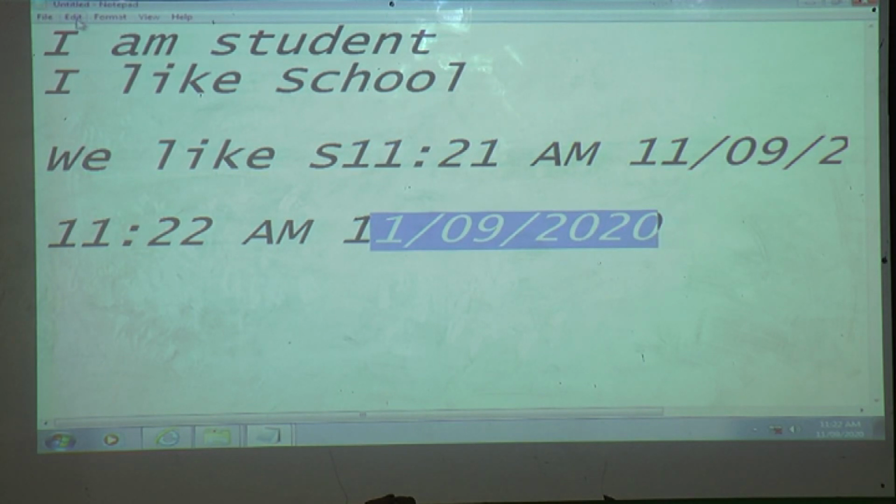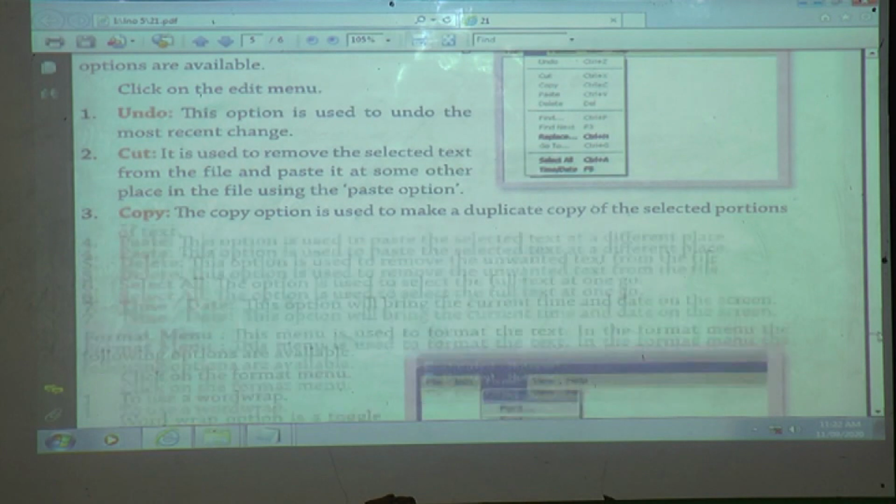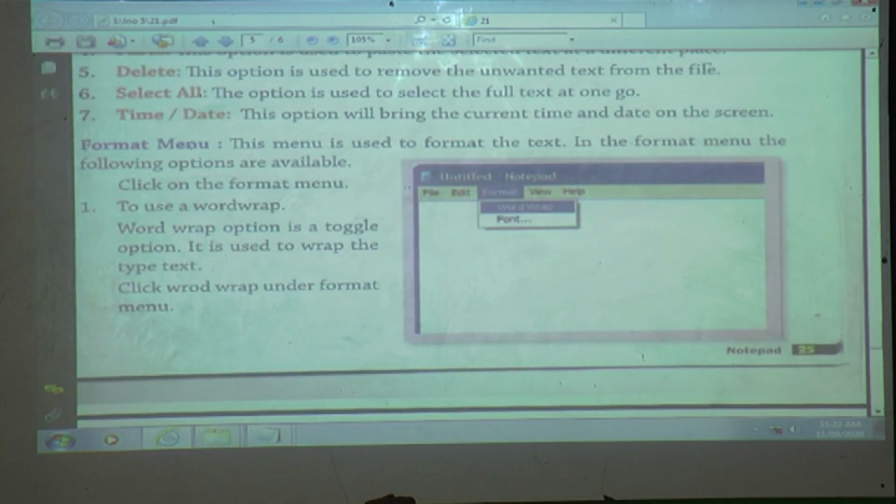Now next, file menu is finished. Next, edit menu is also finished. Next one is format. When I click the format, you can see first one is word wrap, next one is font. Format menu.